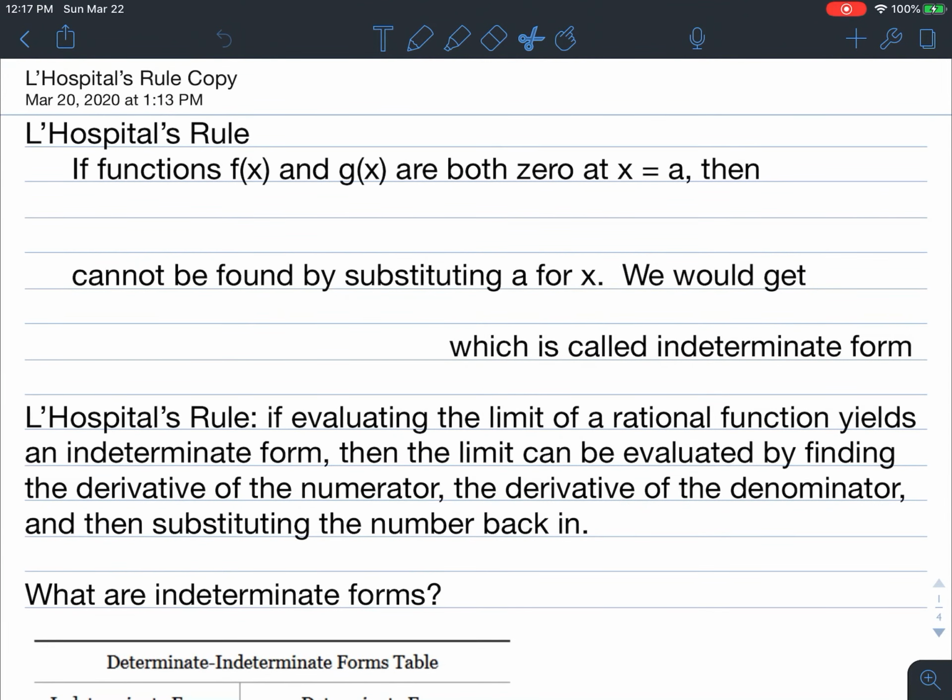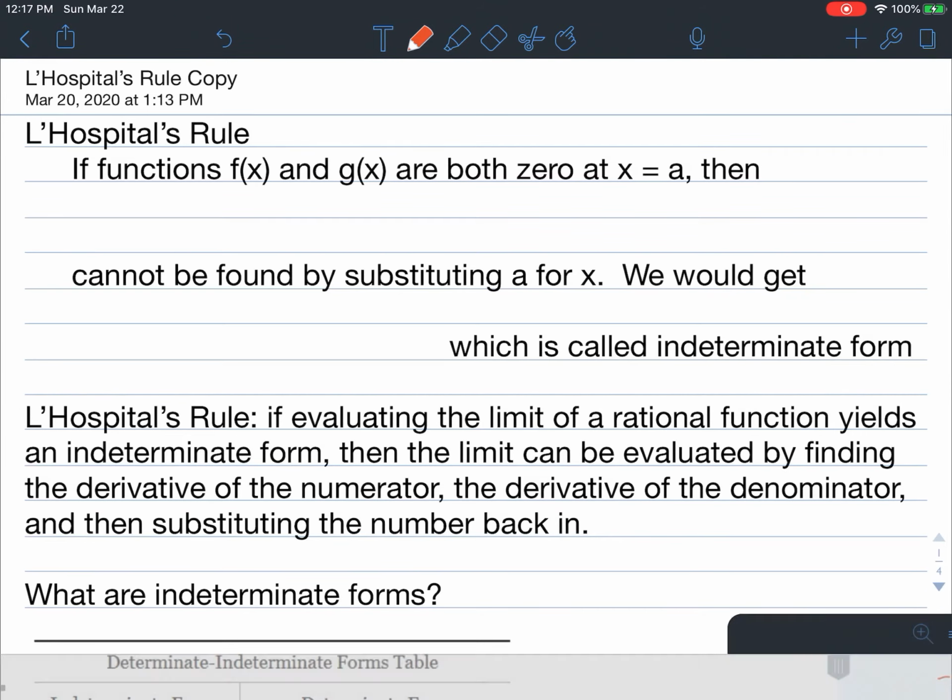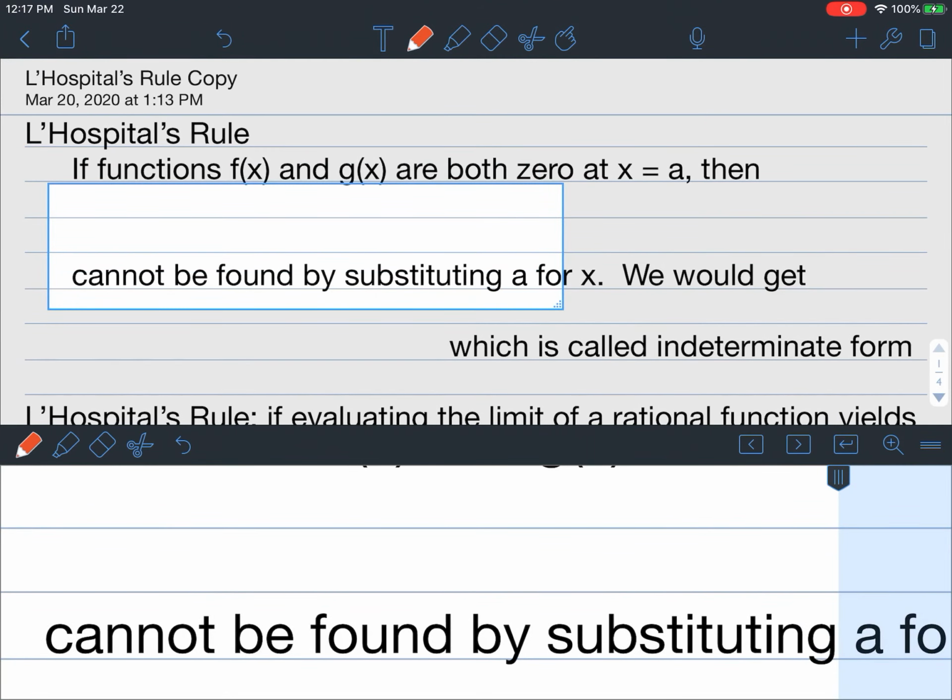Today, you're going to learn about what's called L'Hopital's Rule. L'Hopital has to do with limits. So if functions f of x and g of x are both 0 at some number x equals a, then the limit as x approaches a of f of x over g of x